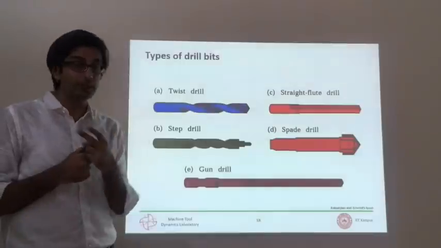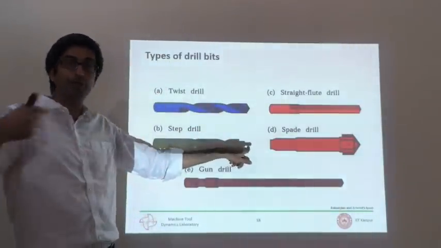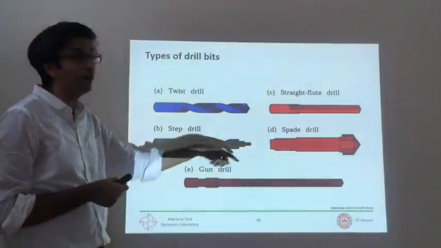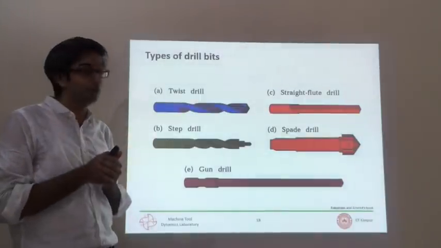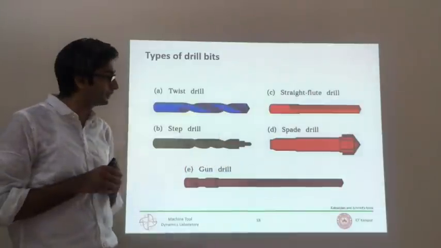Instead of using 2 drills, where you first have a thin, long drill, you make a small hole, then you remove that drill, and then you take a bigger drill and you go make a bigger hole. You can make them in one tool. So the combination tool is called a step drill because there are 2 drills inside one drill.